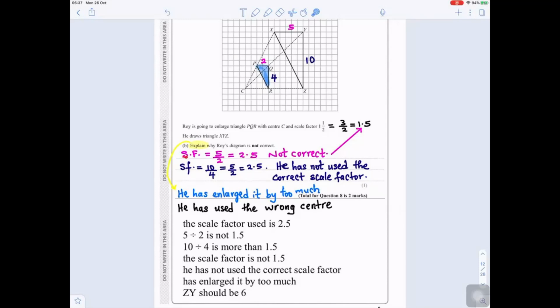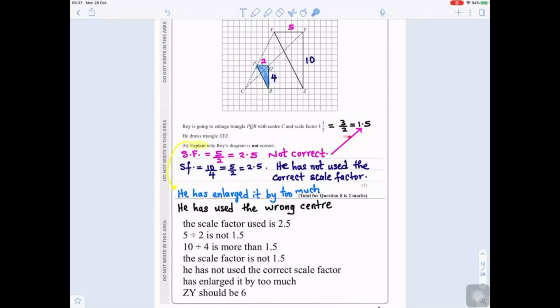The scale factor is 5 divided by 2. 5 on the diagram, the XY divided by PQ, 5 divided by 2 is 2.5. So scale factor is 2.5, not